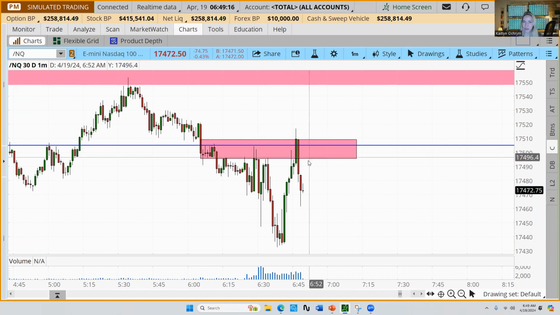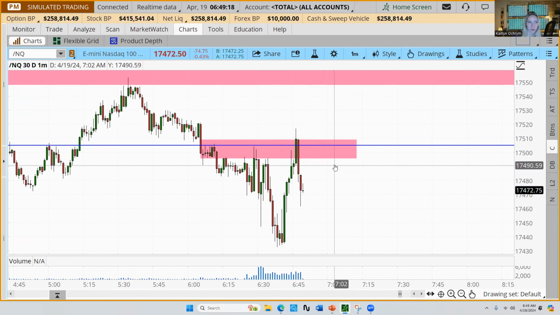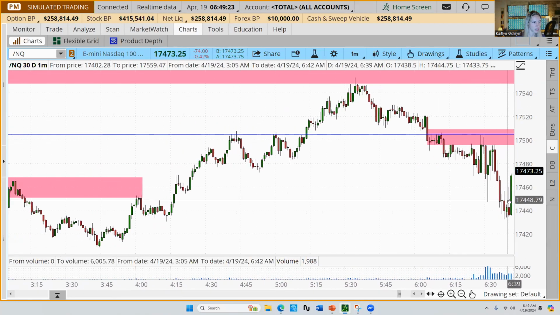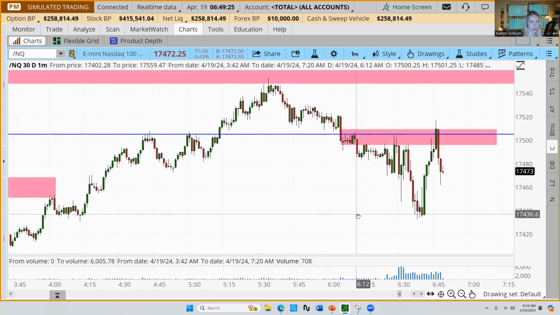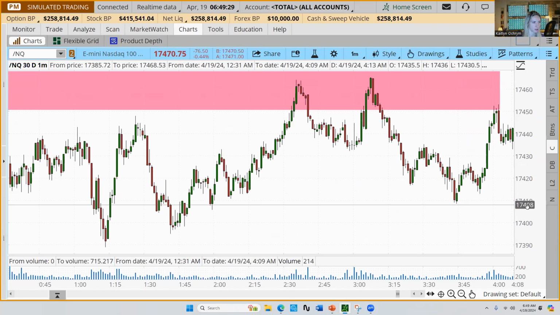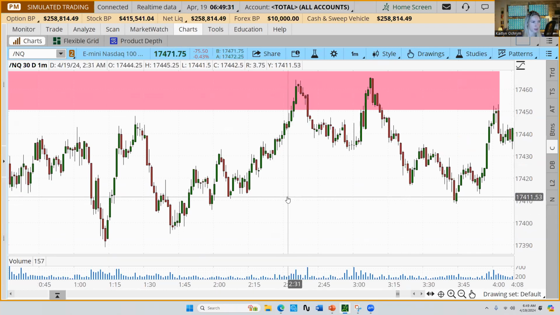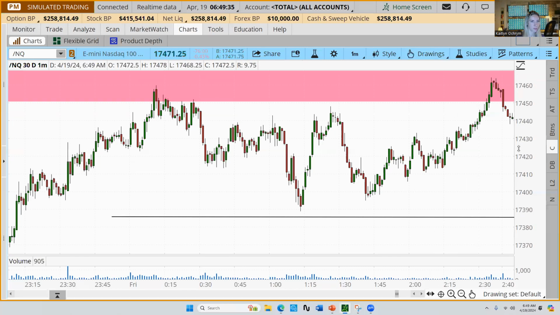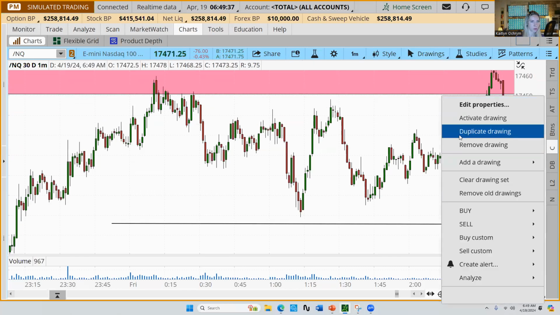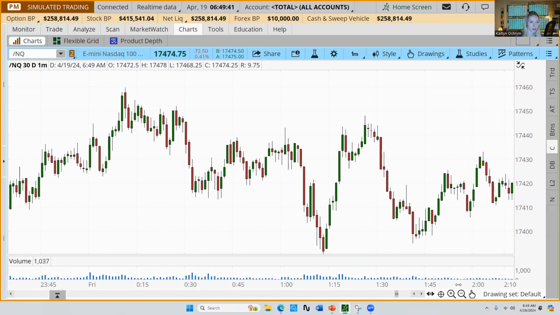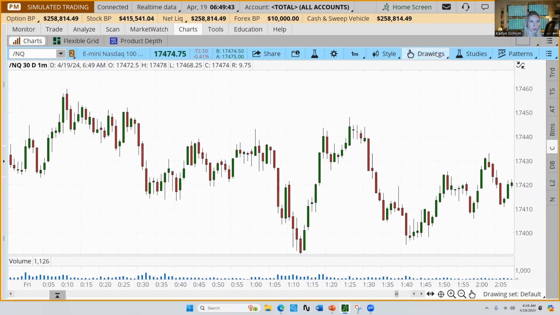Hey, Michael, actually don't really understand what you mean by a two candle flip. No worries. So all that means is, let me see if I can find a good example. This one actually doesn't have it. All right, so here's a good example. I'm gonna remove the pink box for now. So the two candle flip is simply where you have